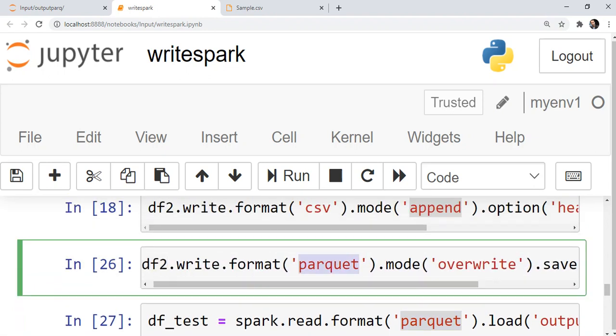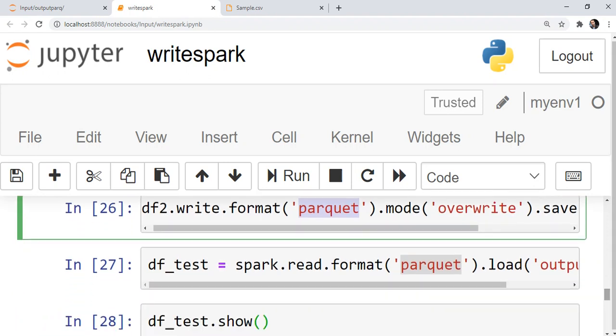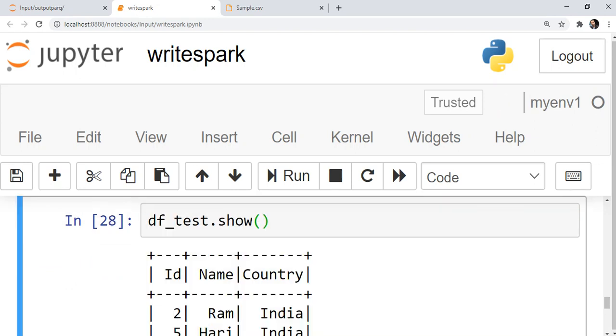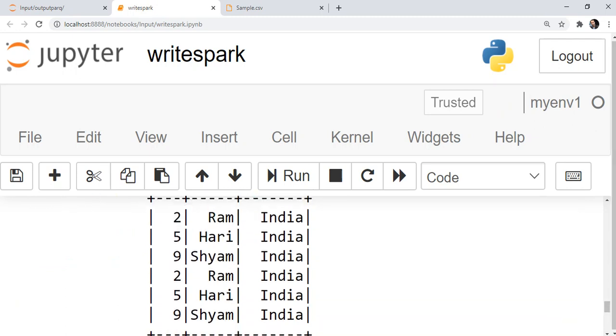So this was the end of this topic. Today we covered how to write a CSV file in append mode or overwrite mode. Also, we have seen how to write a Parquet file in append mode or overwrite mode, because you can provide the same feature here as well. Similar to this overwrite, you can provide the append, right? So if you provide it, it has written it. We can show the records whether it has repeated. Yeah, it has repeated. So this was all about writing data into different file formats in PySpark.